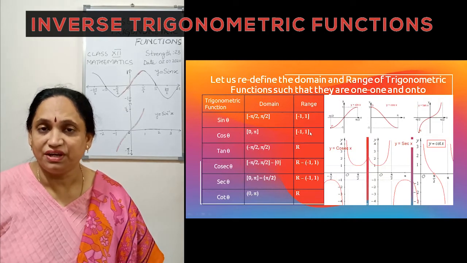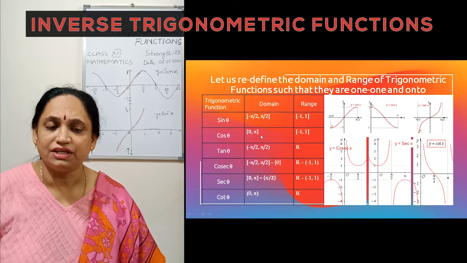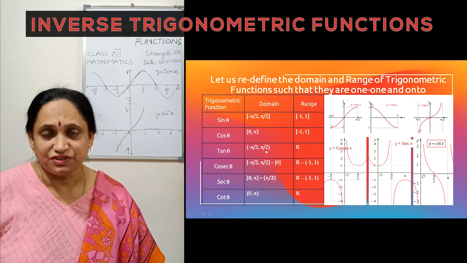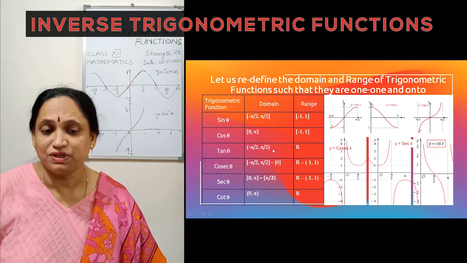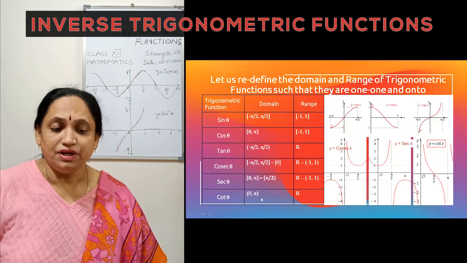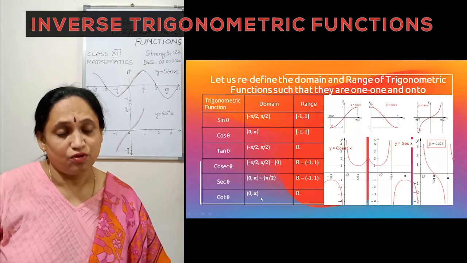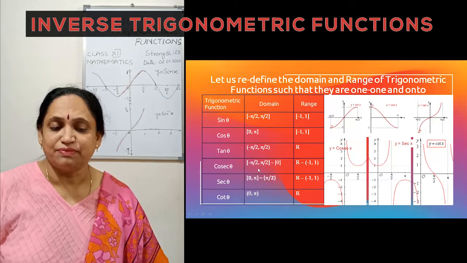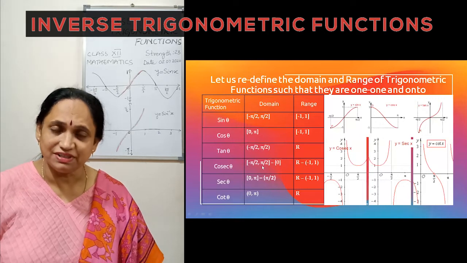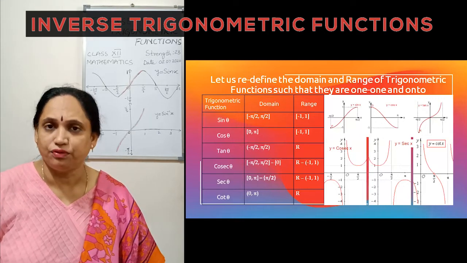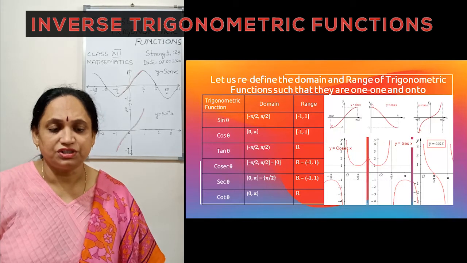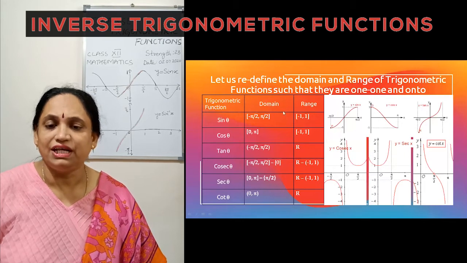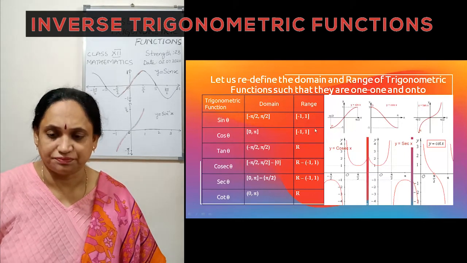Similarly, we can restrict the domain and range of the cos function. So we take the domain as 0 to pi instead of all real numbers. We take the domain of tan as the open interval minus pi by 2 to plus pi by 2. We take the domain of the cot function as the open interval 0 to pi, and for the cosecant function, the domain as the closed interval minus pi by 2 to plus pi by 2, and we know at 0 it is not defined, so we remove that 0. And the secant function on the closed interval 0 to pi without the 90-degree angle would definitely give us a 1-1 and onto function.